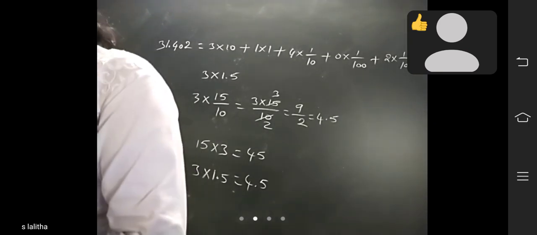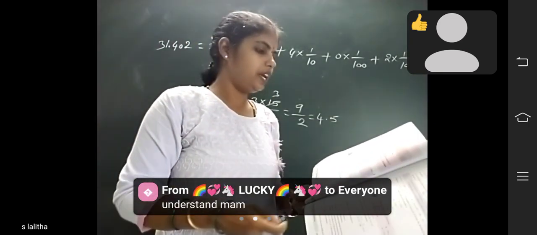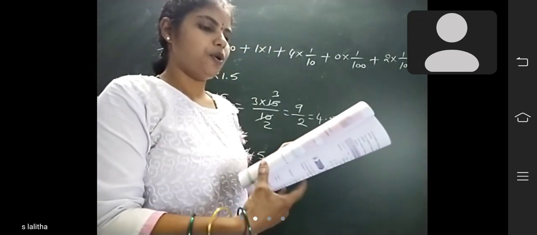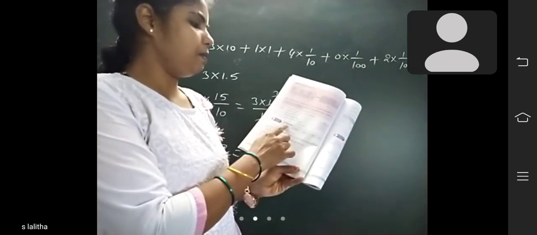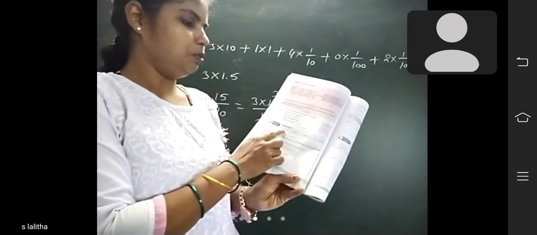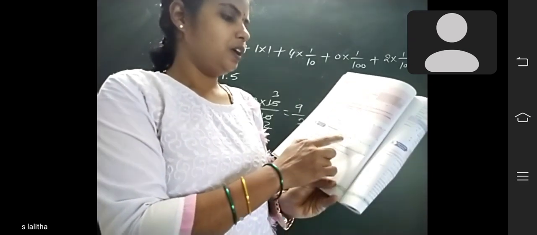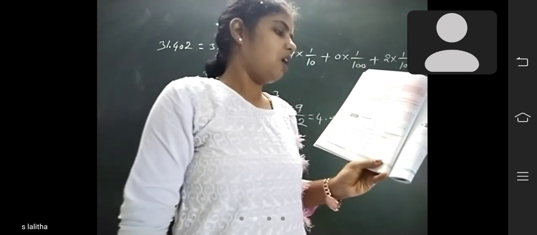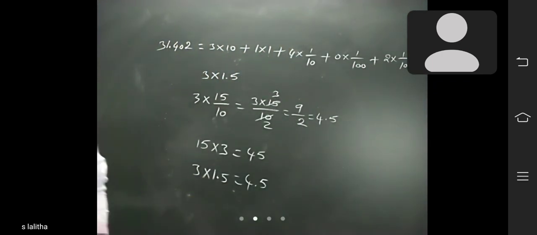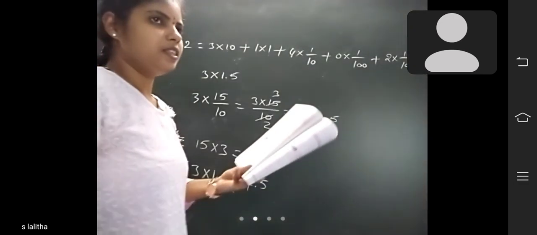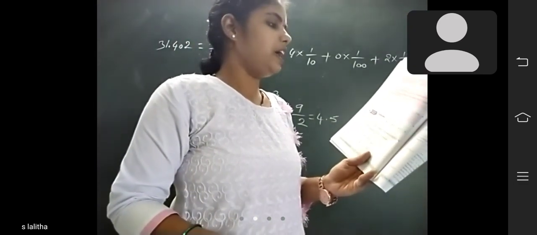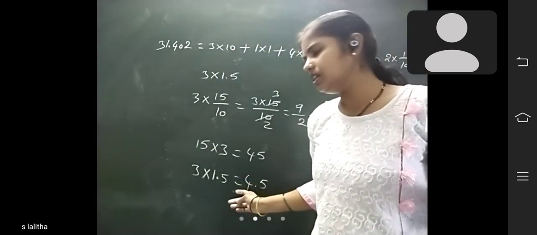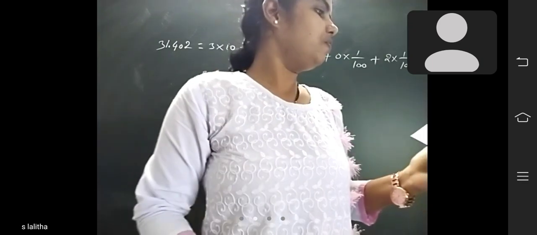Next, see here page number 28 in the textbook. Check your progress, in the blue color box. Find the product. You should multiply 32.5 into 8, 94.62 into 7. Like that, four sums are given. So how can you do this sum, student? First you should remove the decimal point, then multiply with that number, then afterwards keep the decimal point. Did you understand, ma'am? Like this, second method you can do. That is the homework for you.